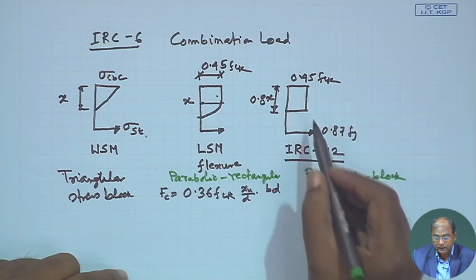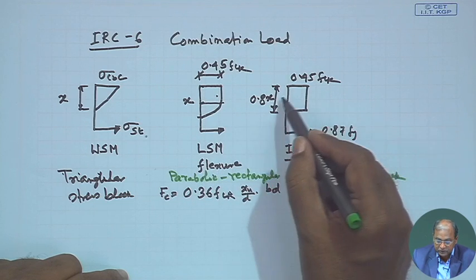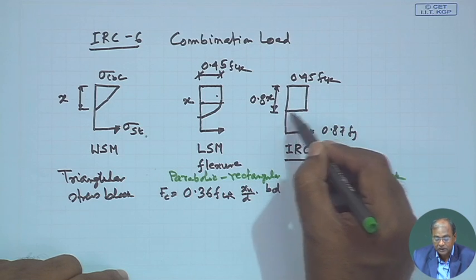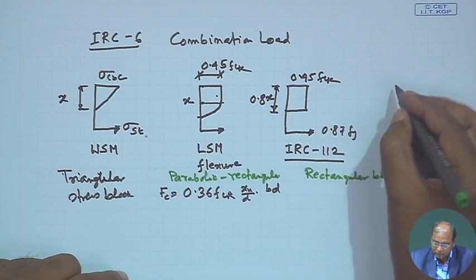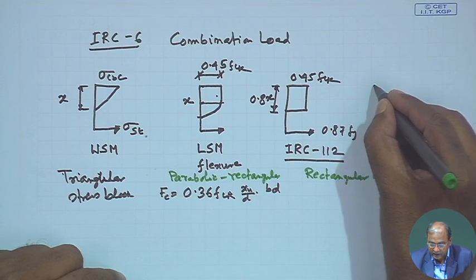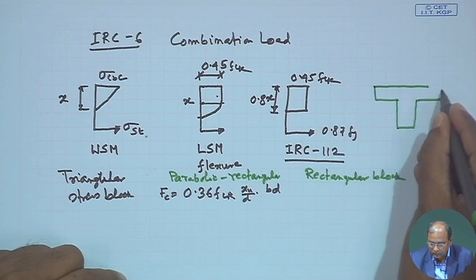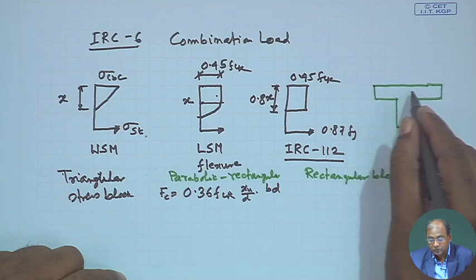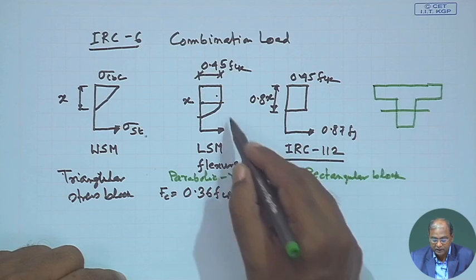The interesting part is what we do here, 0.8x, so 0.36, so this area 0.36. So, here if you just do 0.8x, then you will get the same area. That means you are reducing this factor here, so that I can get a rectangular block. What is the advantage of a rectangular block? For a rectangular section there is no such problem, but for this case you are having a T beam. So, in this case, to find out the bending moment or the compressive force, it is very easy to do it. Wherever you have the neutral axis, it does not matter, but here the neutral axis